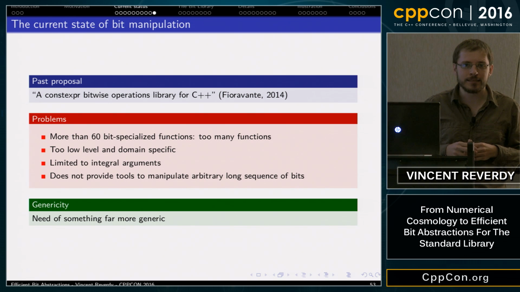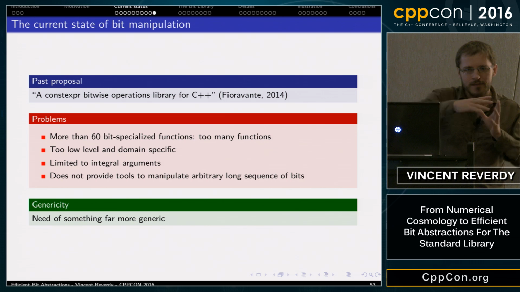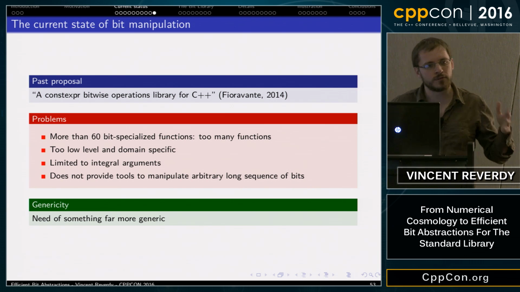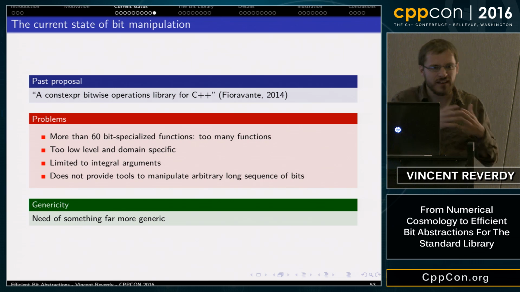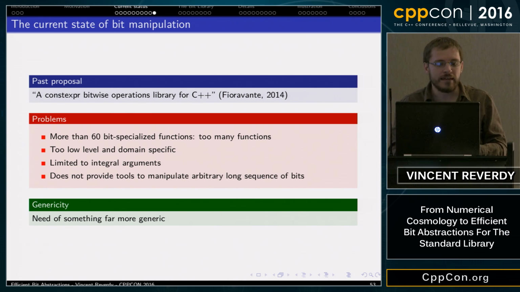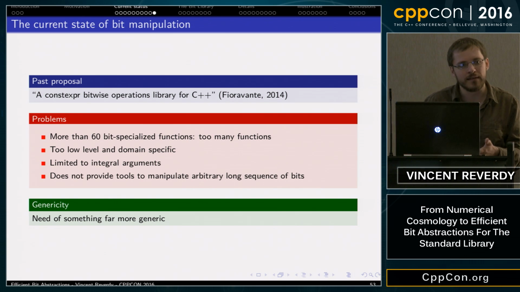Dynamic bitset also provides a structure that generalizes the static version of it, and it has the same kind of problems about the reference. There is no coherent set of tools to manipulate bits. You have a bit iterator, you have a bit reference, but it's hidden from the user. And if you want to implement your own bit manipulation algorithm in a very efficient way, you need access to the underlying representation.